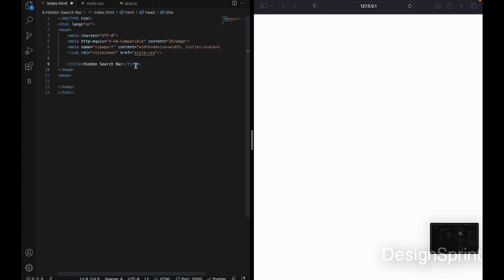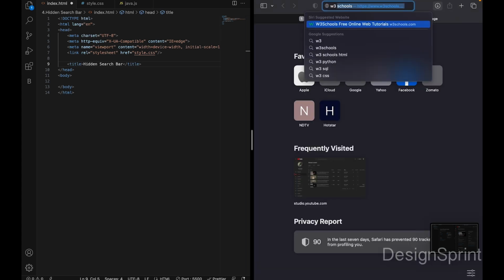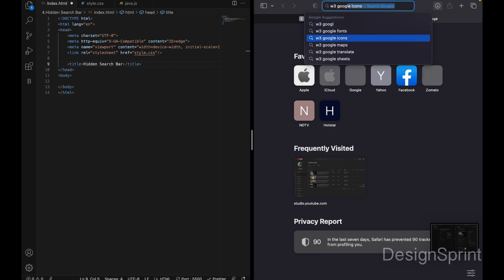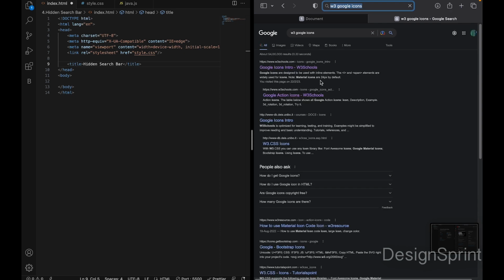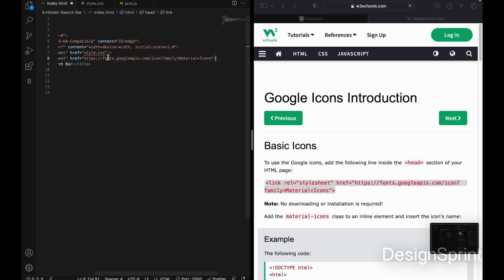So now I'm gonna go ahead and search for the Google material icons that I used in my previous project. So I would go ahead and open a new tab and search for the Google material icons by W3 Schools. So Google, okay, you can see over here. So now click on the first link. Use the first details in your style sheet link. Okay, in the second line, paste it here. Now go ahead and